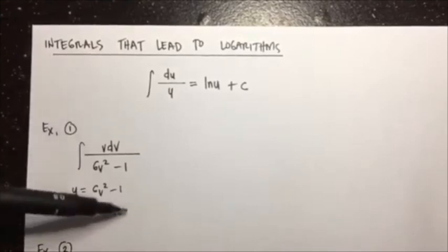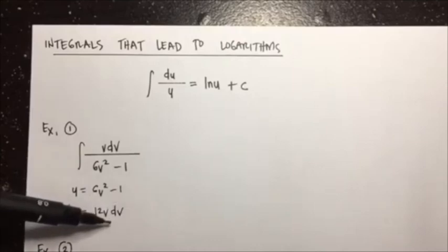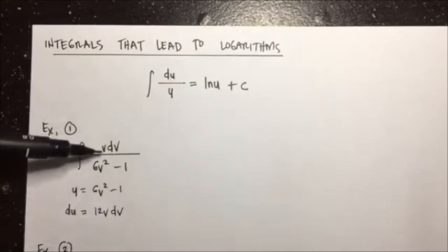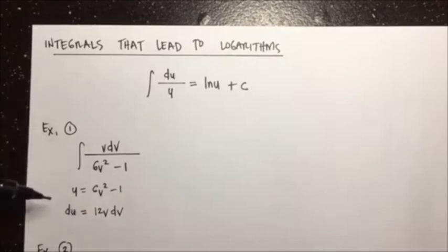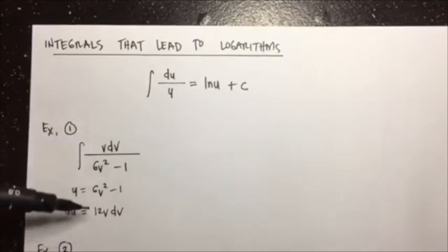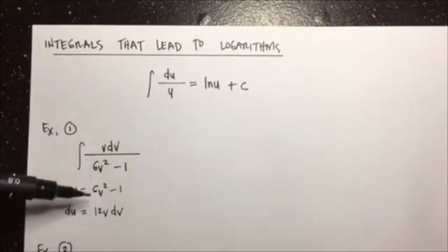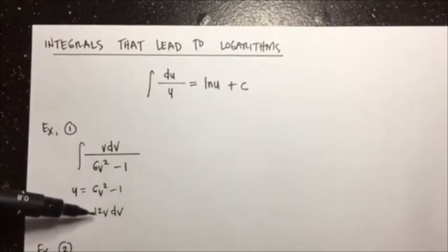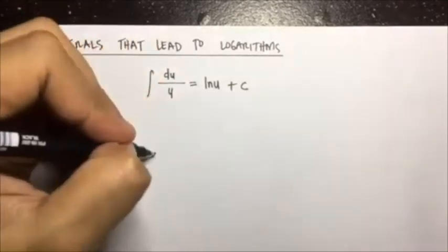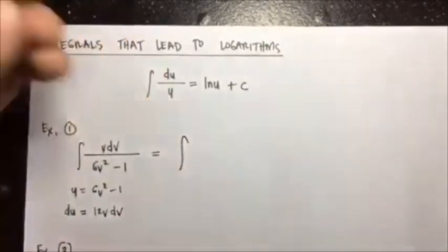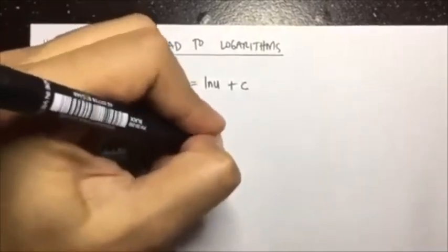Okay, so as you can see, the complete differential of the denominator is 12v dv, and in the numerator we only have v dv, so therefore there is a missing factor of 12. Similarly with what we did in the general power formula, if it's only a constant that is missing in the integrand, all we need to do is add that constant coefficient that is missing, and then write its reciprocal outside the integral sign. So this will now become integral of v dv over